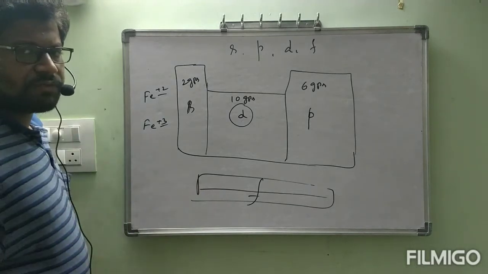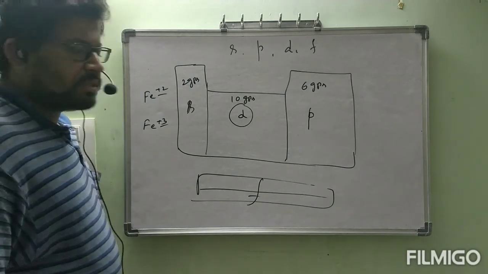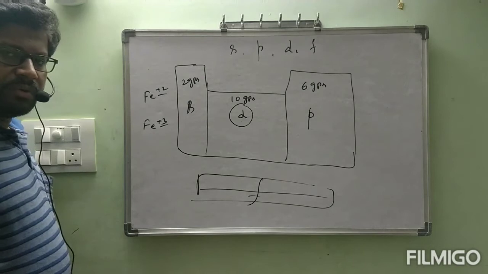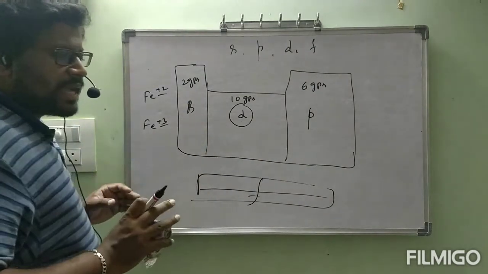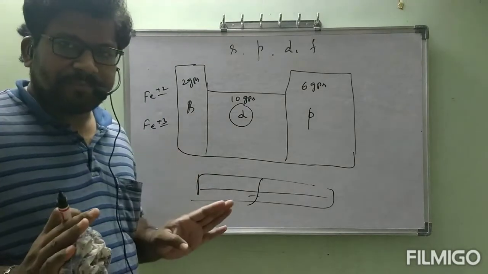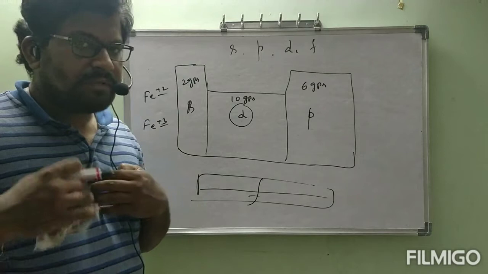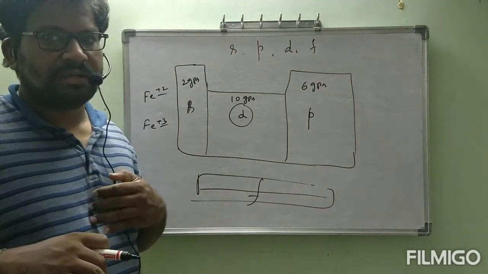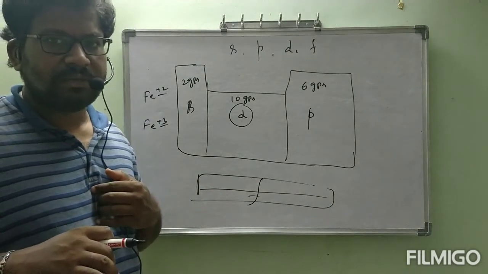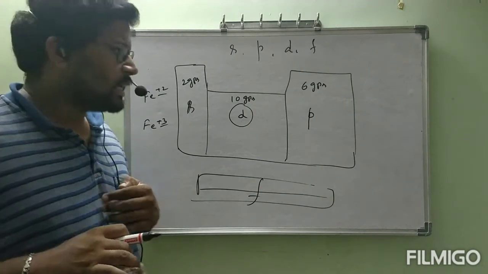One more small example I will tell, and then I will go to the next concept. This is clarity. How to remember the stable oxidation states is not a matter here. Even in D and F block elements, I will say how to remember that. That is not the big issue here. Are you okay? Let us see now.